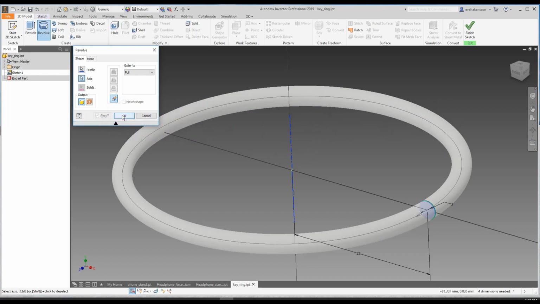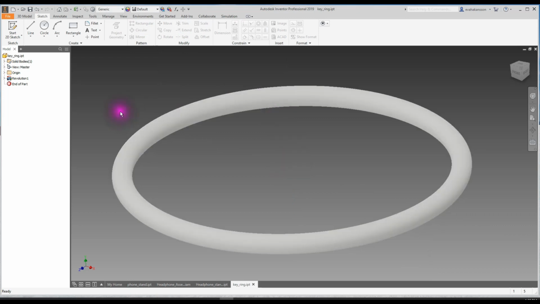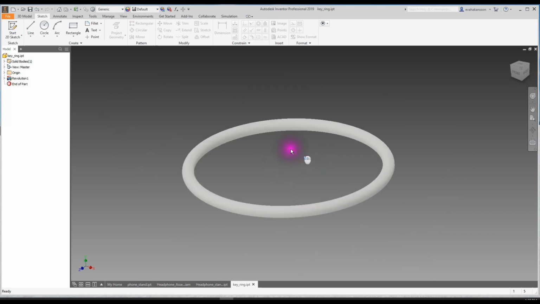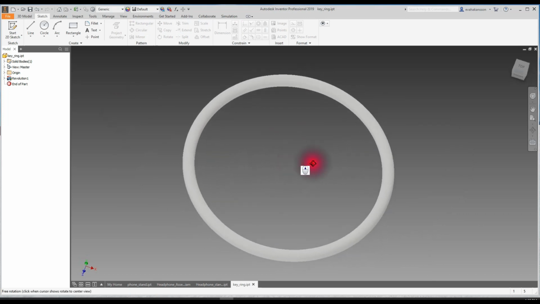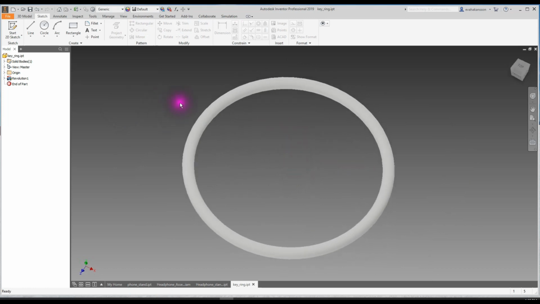So one thing you may notice is that this sketch actually revolved despite the sketch not being fully constrained. And that is not really good. It's a better habit to make sure your sketch is always constrained before you revolve or extrude, because that makes your design more robust. So here is the keyring that we could now use to make an assembly with our